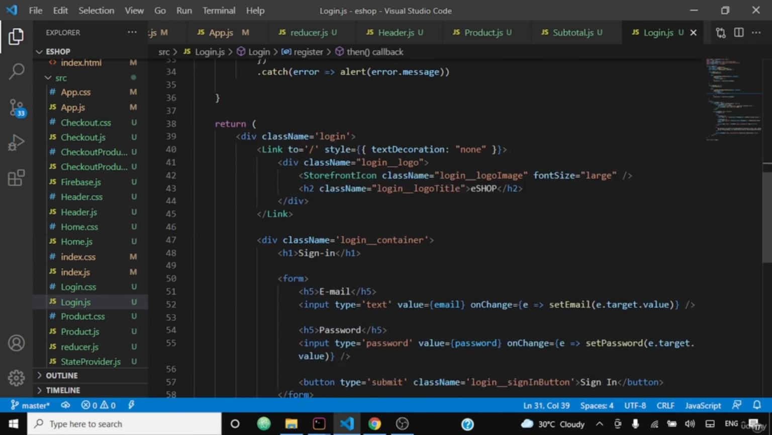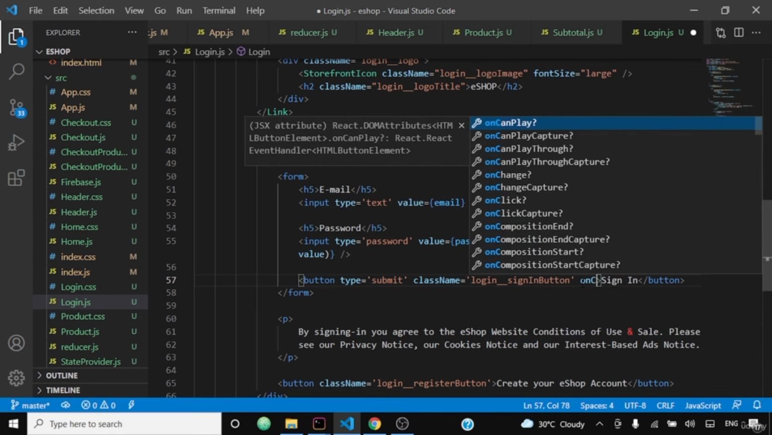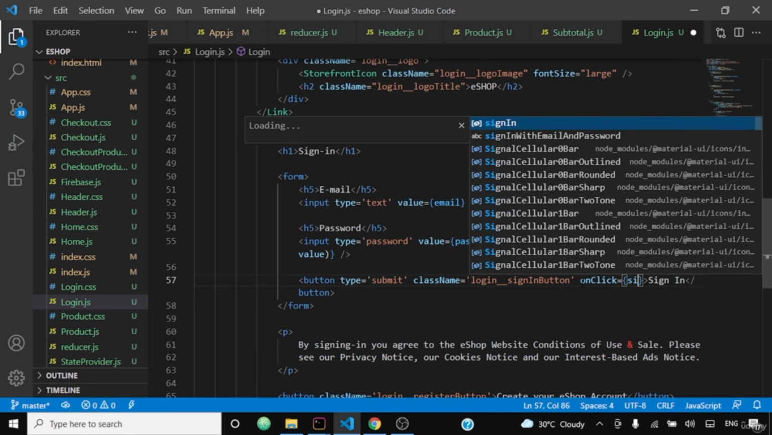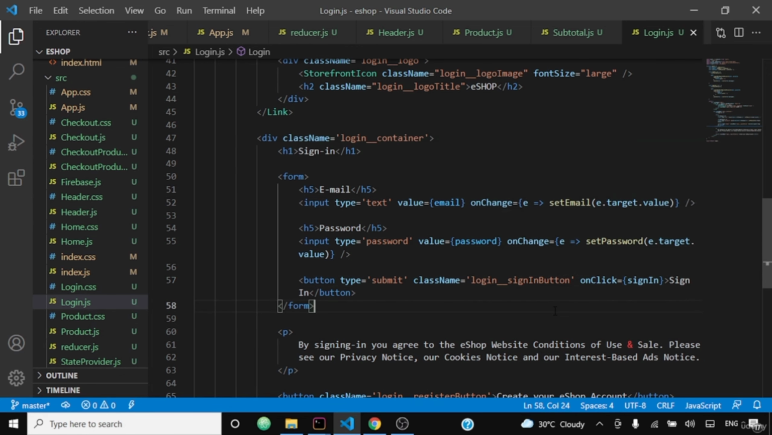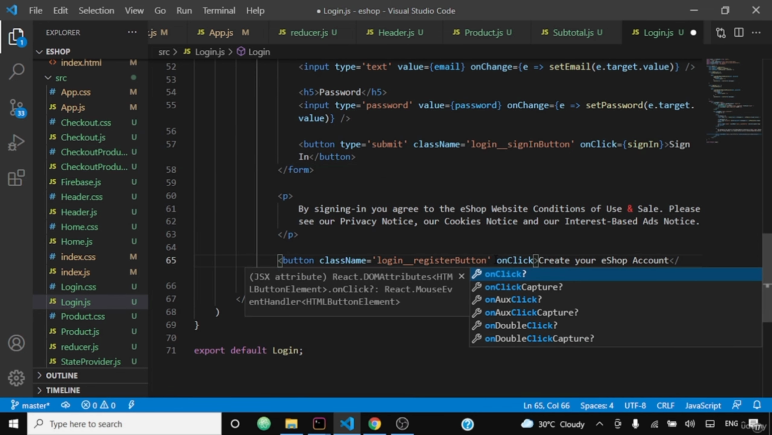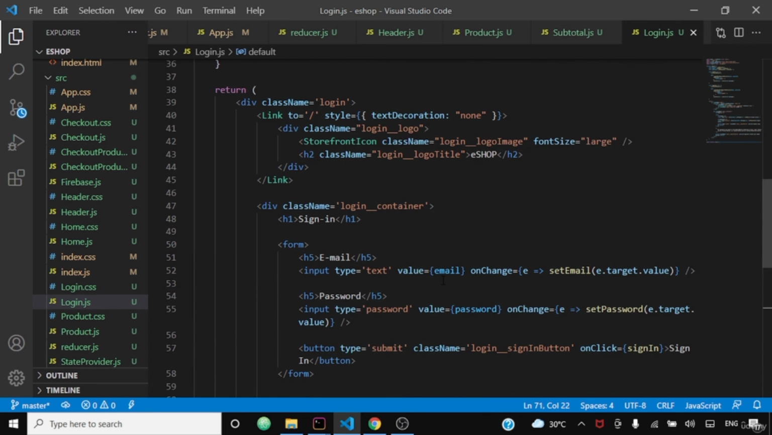One thing you have to change is onClick. Wherever there is a button, like this is the password, like sign in, on click you have to trigger the function called sign in. And the create your account button, on click, you have to trigger the function register. So once this is done,